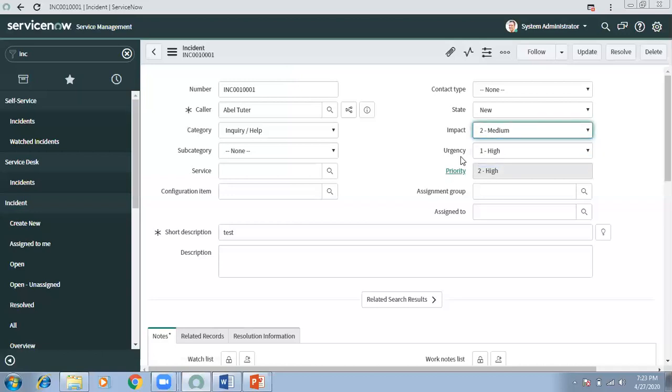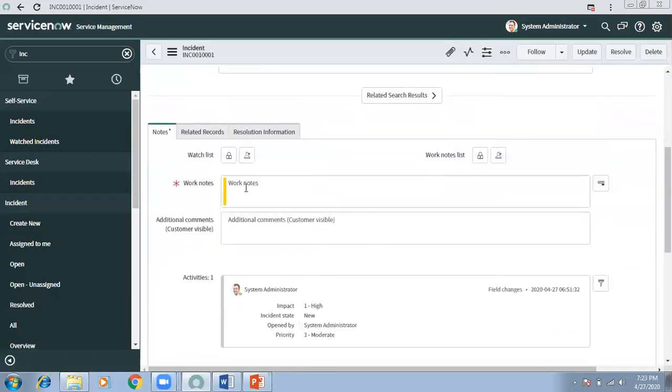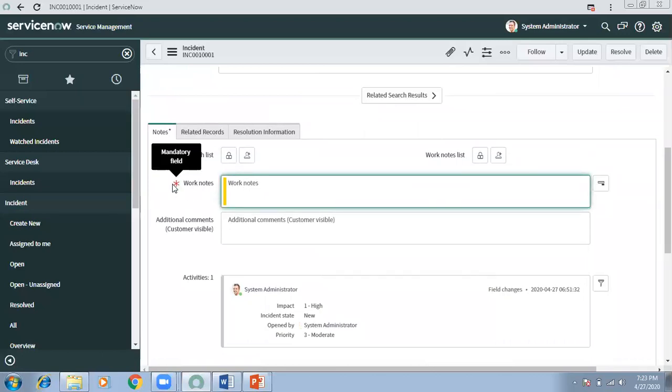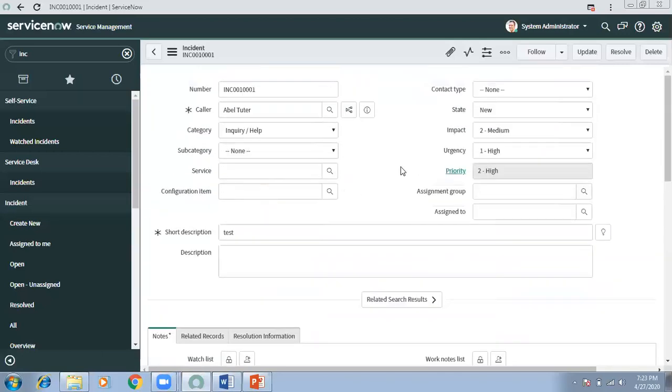The requirement is that as soon as I change the priority, the work notes become mandatory, and they are getting mandatory. If I don't make them mandatory, he can submit the ticket without them. That is where I need to write client-side code, and the thing available on the client side is the client script.